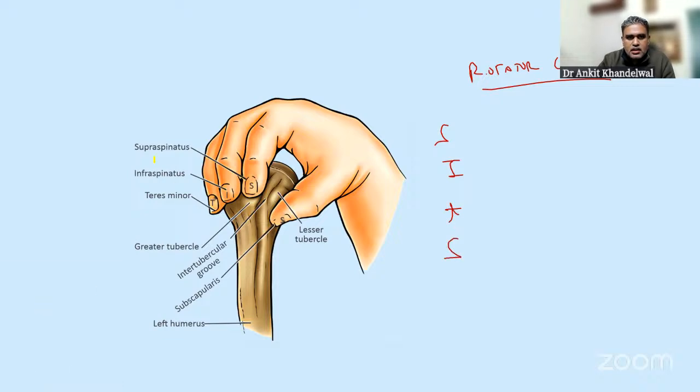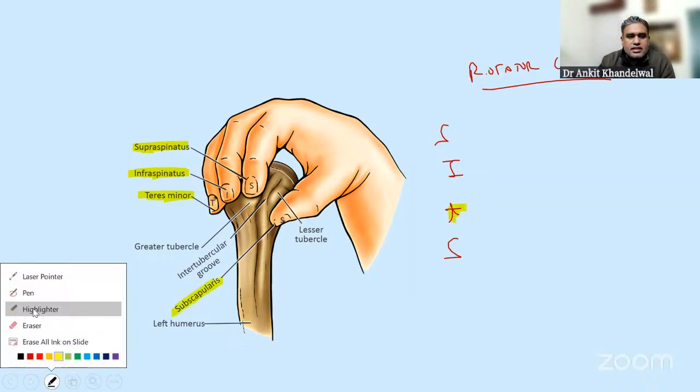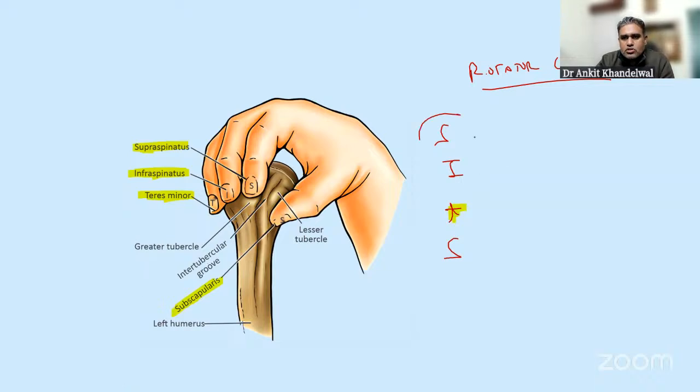I hope you can see the supraspinatus, the infraspinatus. Small t is for teres minor, and another S is for your subscapularis. These are 4 muscles that encircle the shoulder joint and increase its strength. And the most commonly injured here is supraspinatus, because